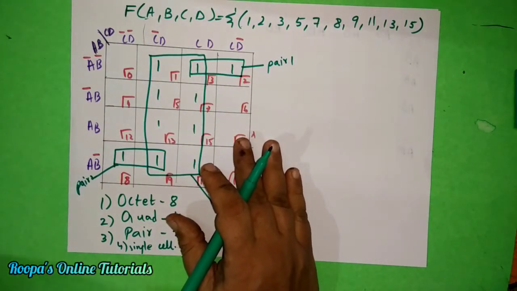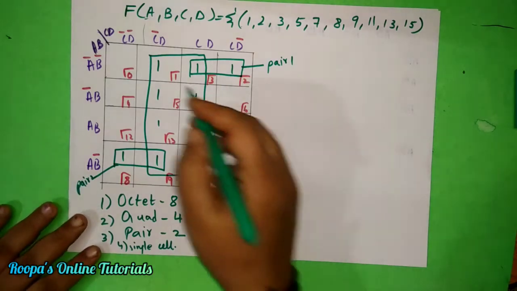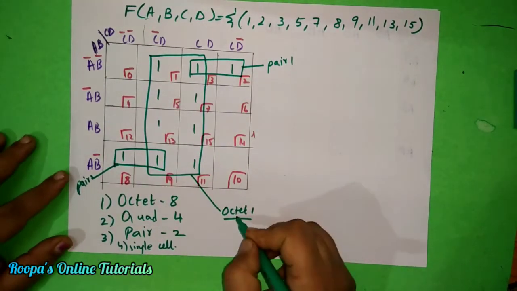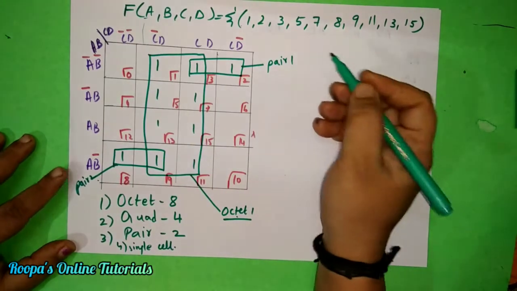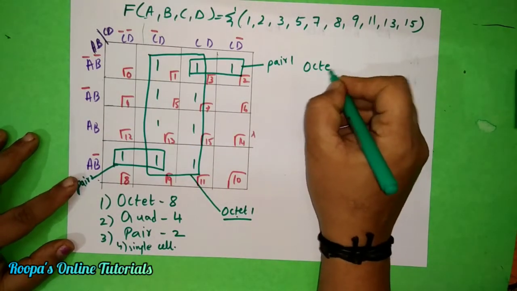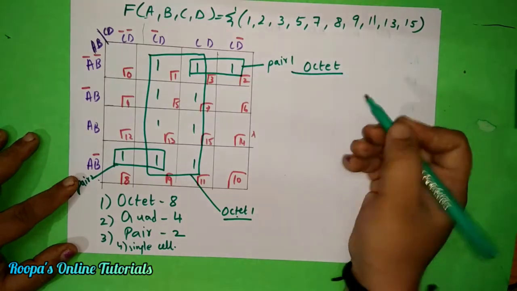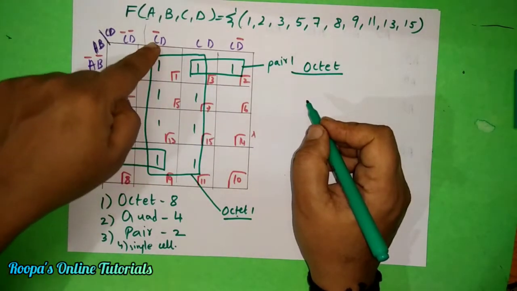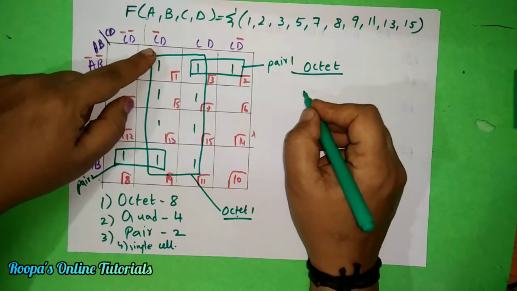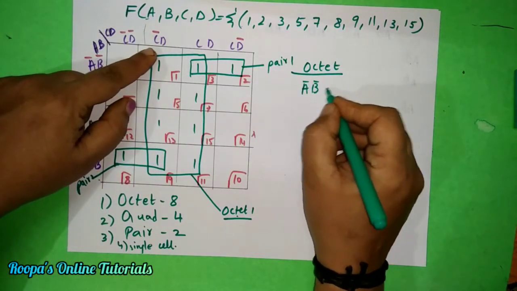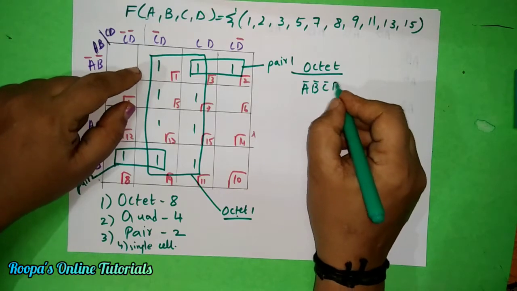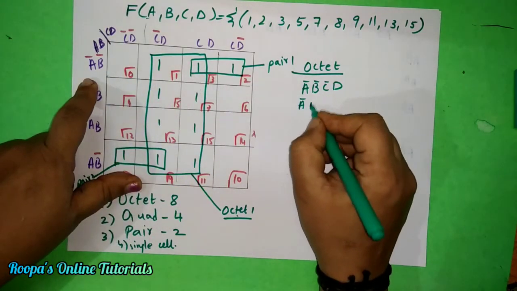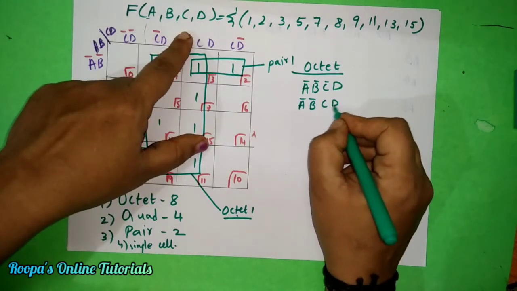Yes, after we do so much, what we are going to do is, now we have to reduce this expression. We have got 3 expressions now. One is octet, one is pair, and one is pair 2. So you write the octet first. You can write in any order you want. Octet: we are going to take A complement, B complement, and where is this one on the top? We have C complement D. Isn't it? A complement, B complement, C complement D. Then we have to write the second one. What is that? A complement, B complement, then CD.